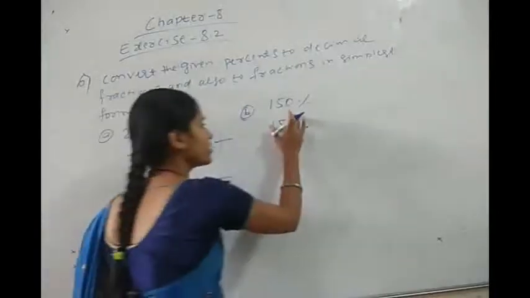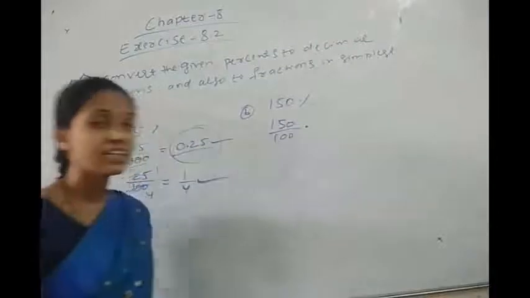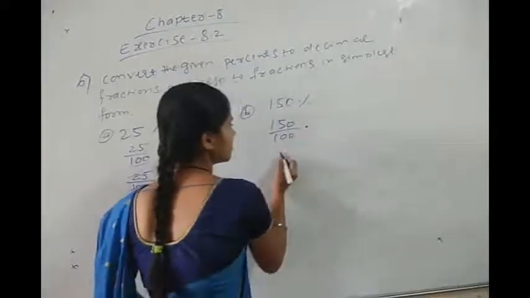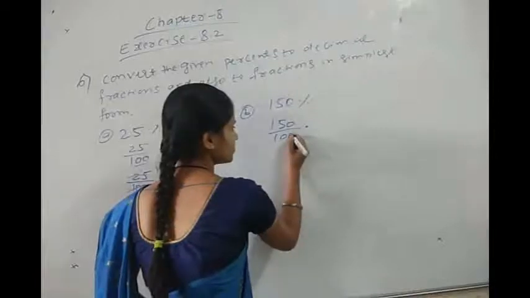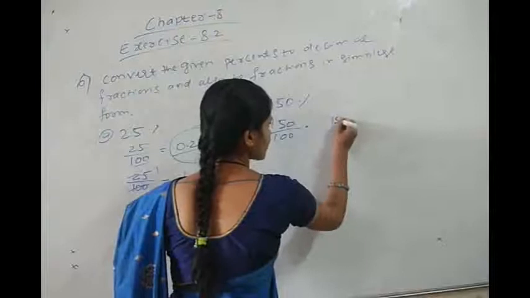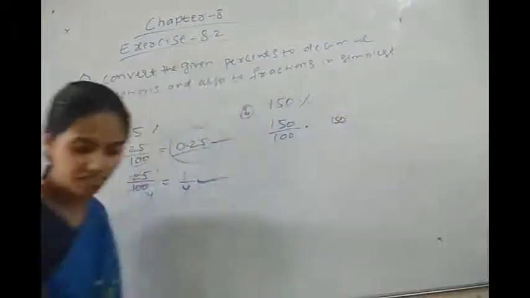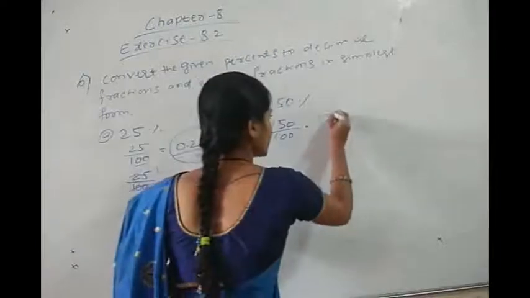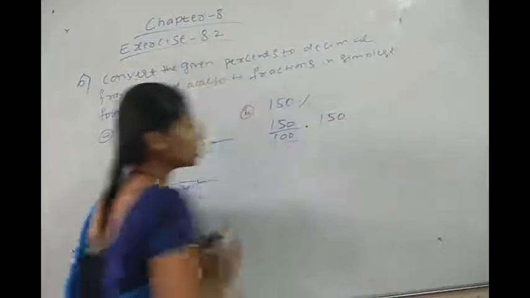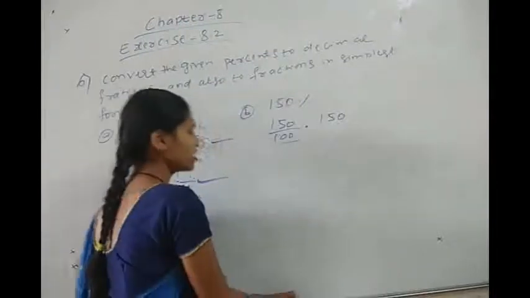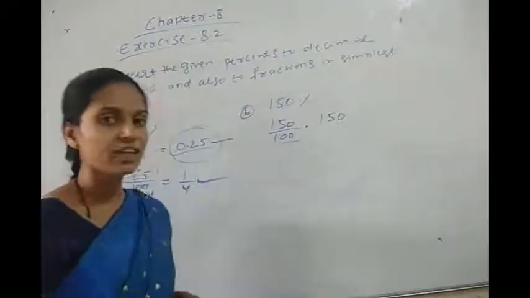So to write 150 divided by 100 in terms of decimal, what I will do is, you can see here, I will write 150 as it is. Okay. I will write 150 as it is. Now count in the denominator how many zeros are there. In the denominator we are having 100 and 100 is containing 2 zeros.